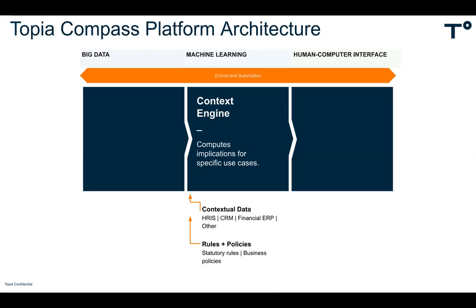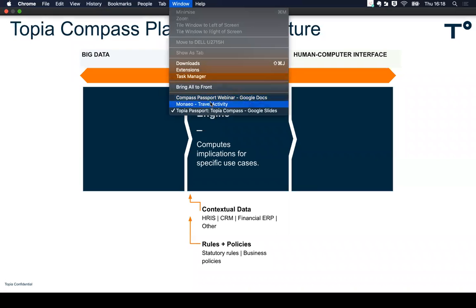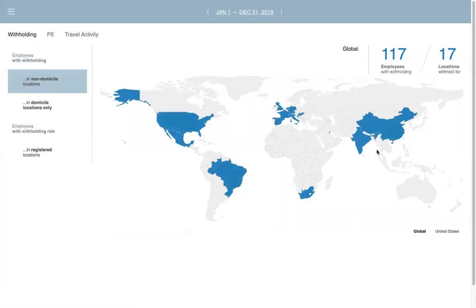So let's take a specific compliance challenge. Let's talk about, to start with, payroll withholding. I'm going to navigate back to the organizational view of the Compass application and turn to my withholding dashboard. This dashboard has taken the travel activity and then overlaid the payroll threshold logic on top of the travel activity